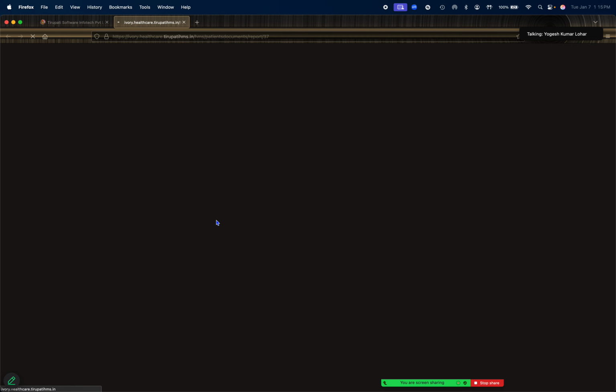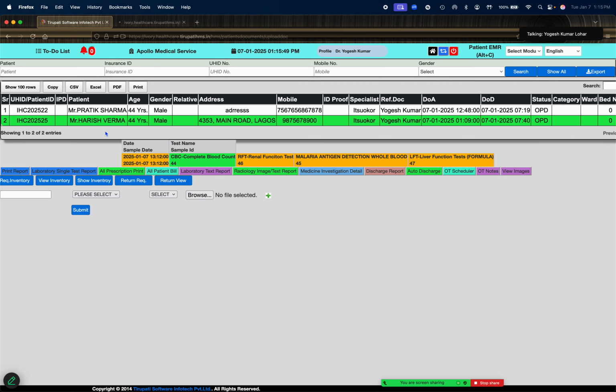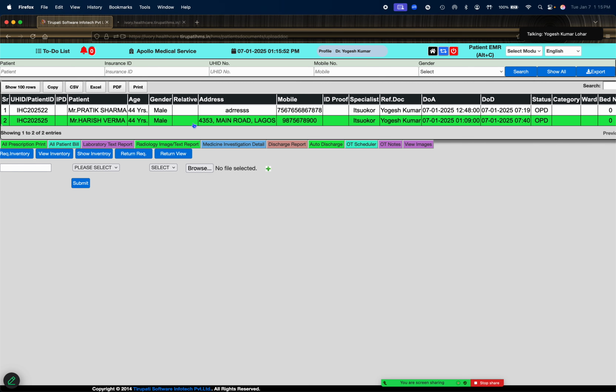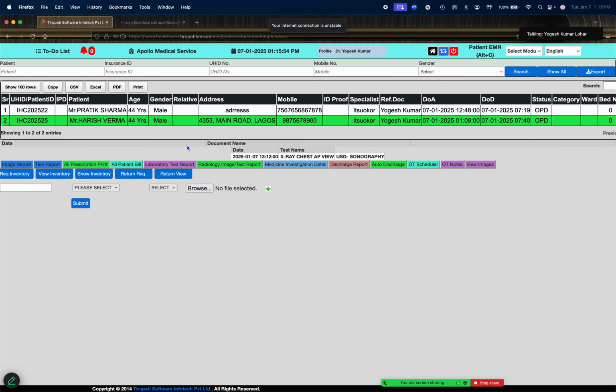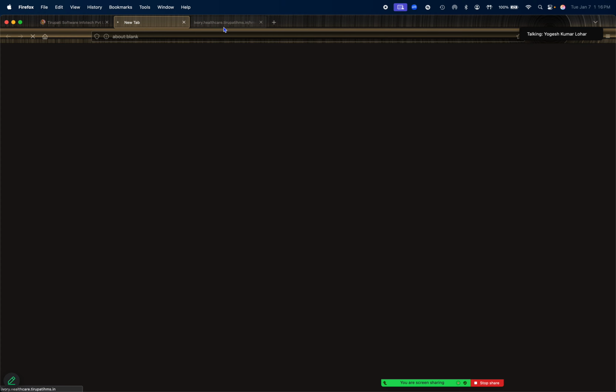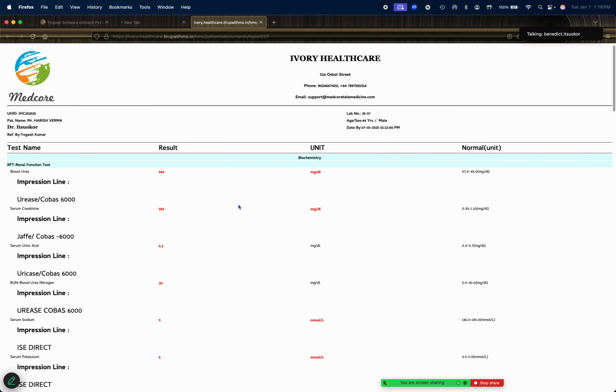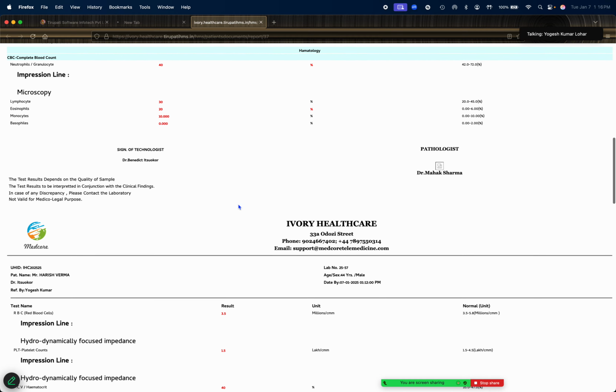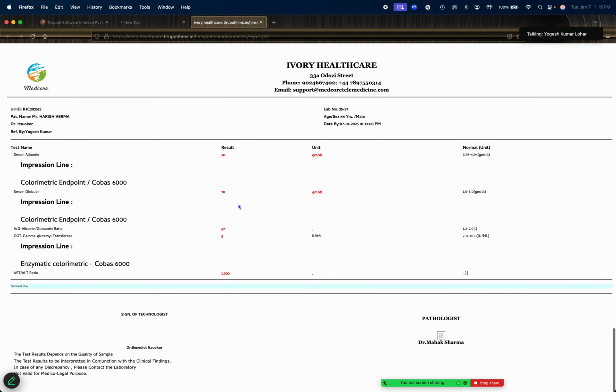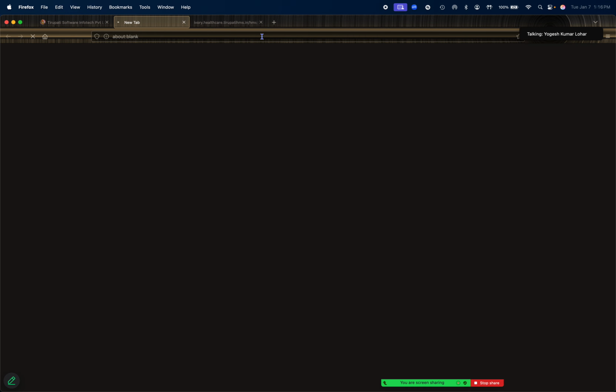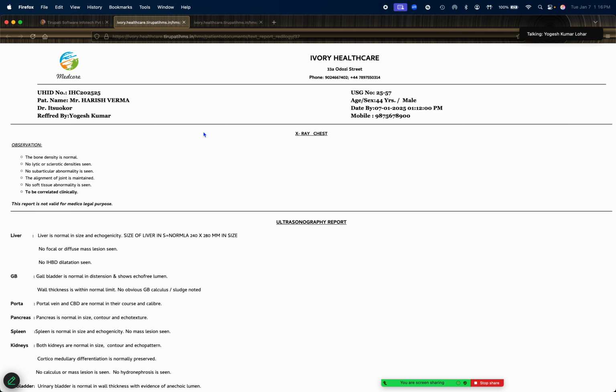One second. Kuldeep, the reports are coming if we click on radiology, all reports. My connection is not stable, that's why. If we click on radiology report, okay, and print report, text report, right? Yes, the report is coming here in the lab report. This is here for you, all patients, as well as if we have a radiology report, that will also open for the particular patient. You can see it this way.